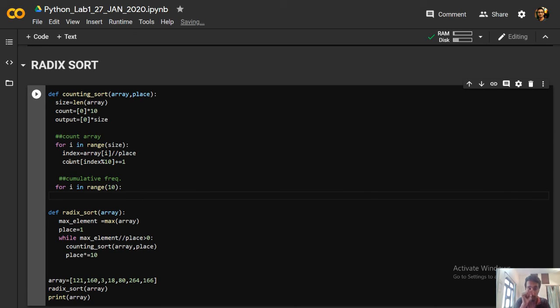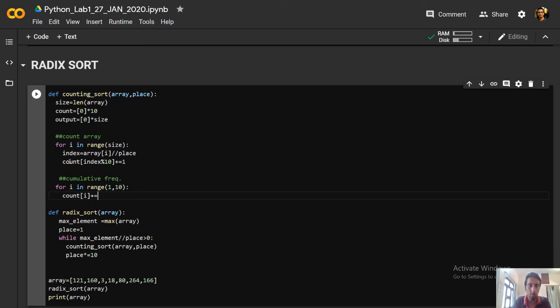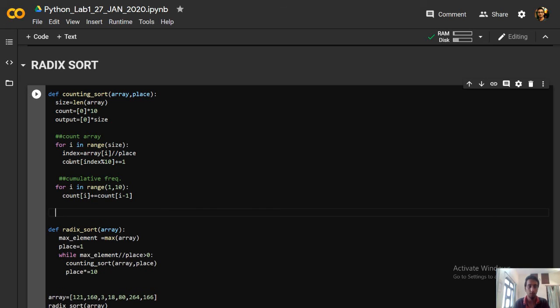This time we have not taken size, we have taken 10. I have to start from 1 because the element at the zeroth index won't change, it will remain the same. So count[i] += count[i-1]. Okay, so this is done.